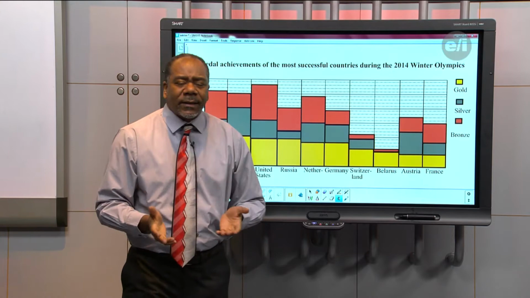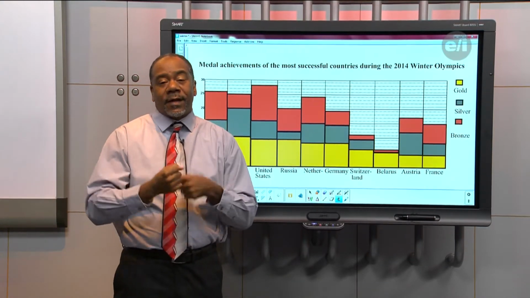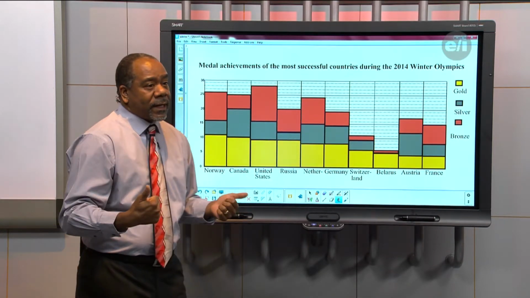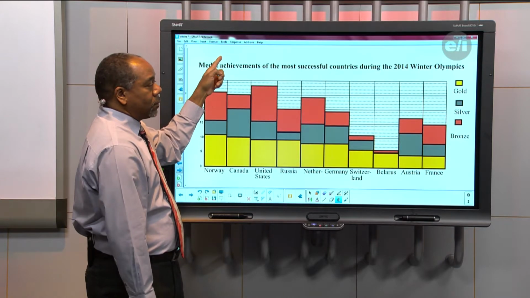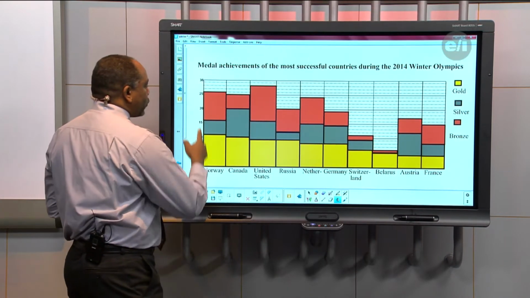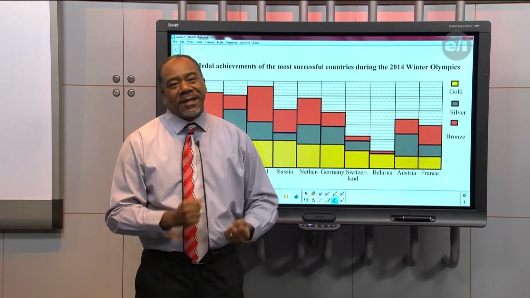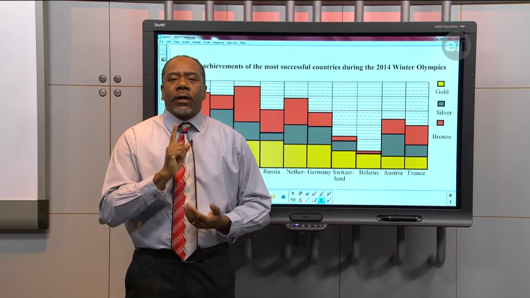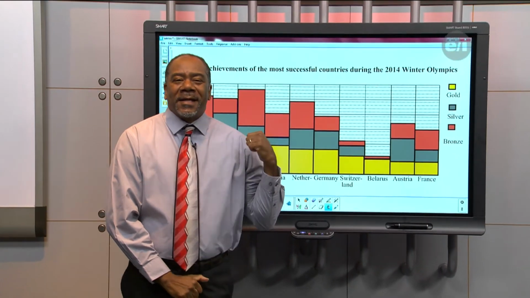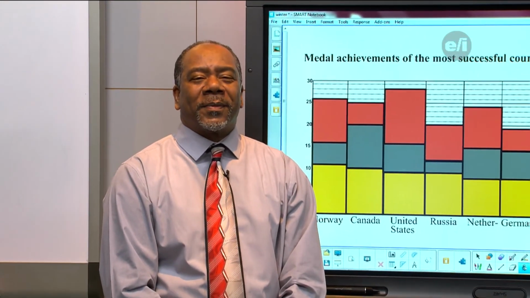So a stacked bar graph really works well if you have several different categories that you want to show. Another thing you want to remember with any kind of graph, you got to have a title. You got to have a key so you know what they represent. And again, you got to make sure your scales are correct. So a stacked bar graph is a great way to show data when you have multiple categories. So look forward, see if you can do the same thing. Keep track of those medals in the Winter Olympics in a couple of weeks.